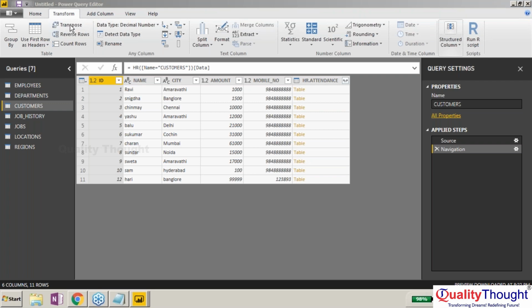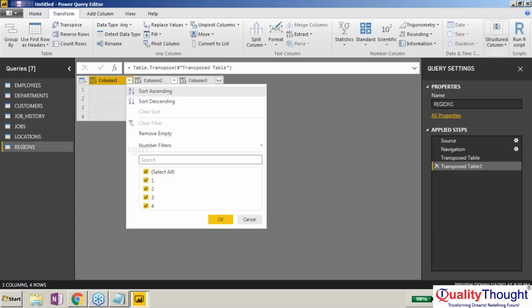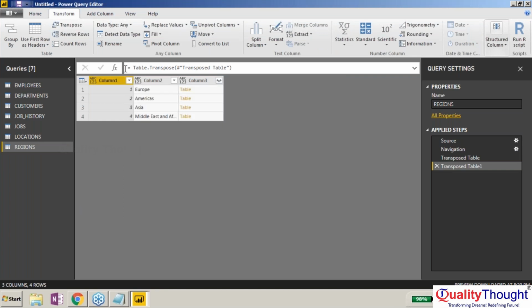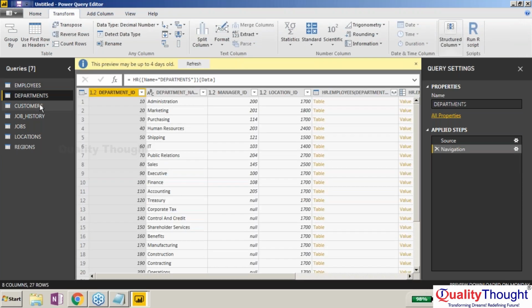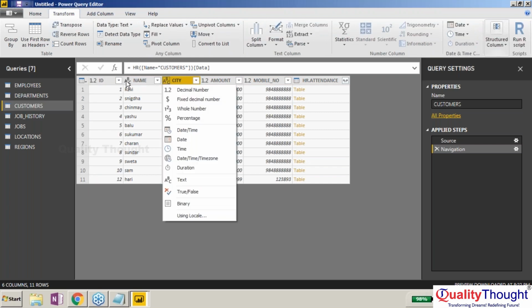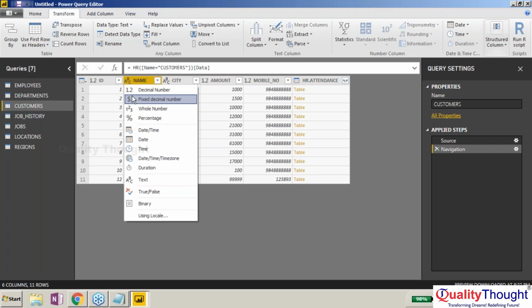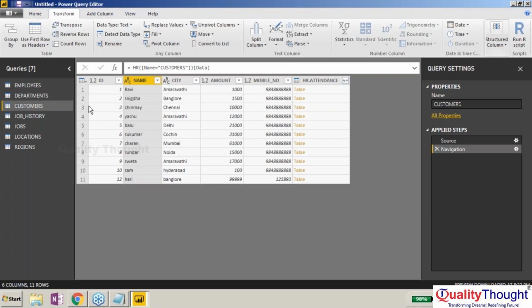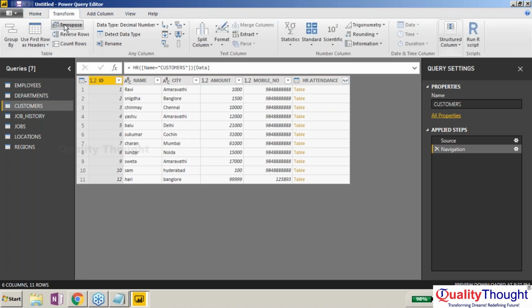Whenever you do a transpose, the main problem here is what you're going to get. Let me show you in customers. You should see that there is a table name, right? And the respective data type is being represented by this. If you wanted to change any of the data type of the column, you can always try changing them, right? Got it? But whenever I just make the transpose,